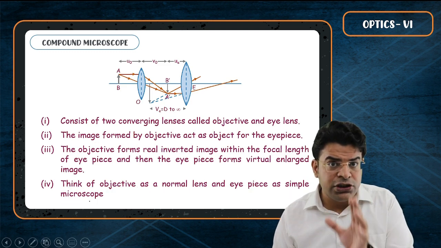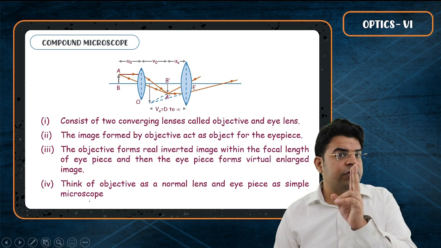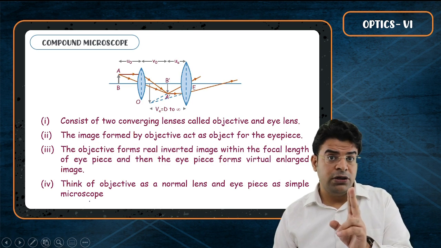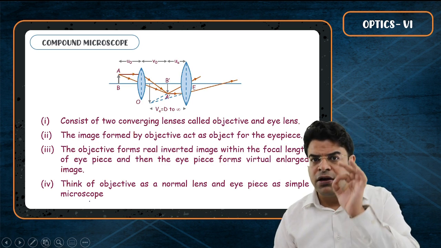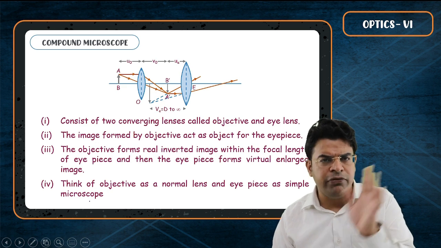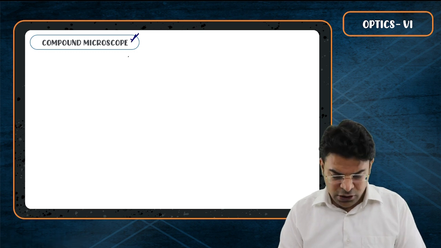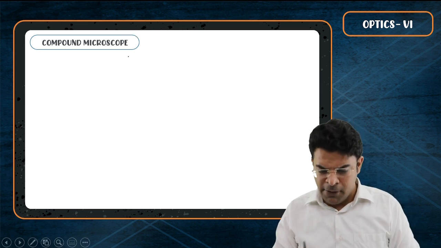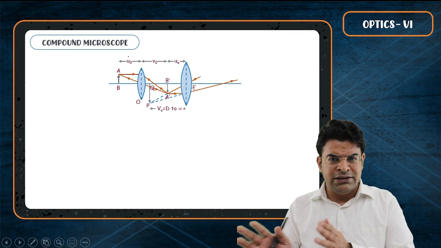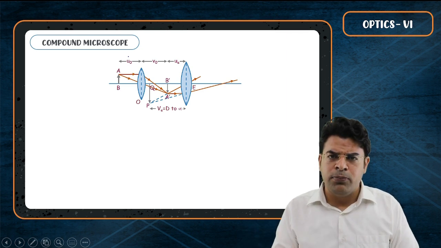I am very sure that you have mugged up everything for simple microscope carefully, because otherwise you won't get the compound microscope easily. Mug up everything for simple microscope that has been said. Now, moving forward, if you have got this compound microscope, there are more important points that should be known.